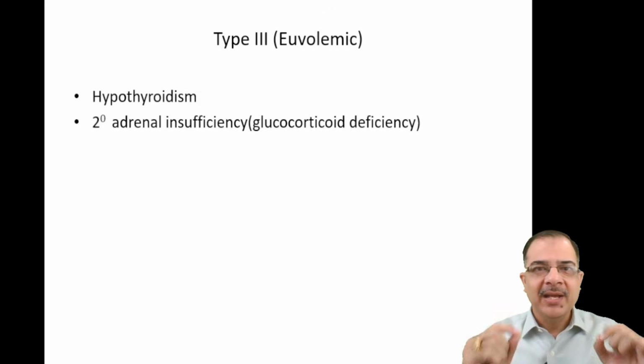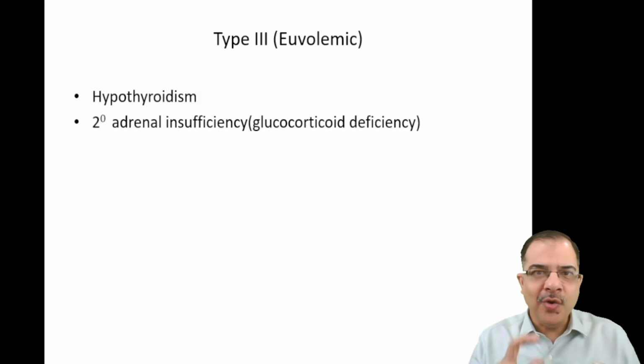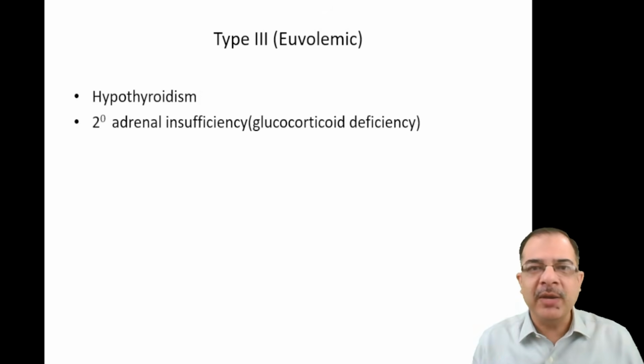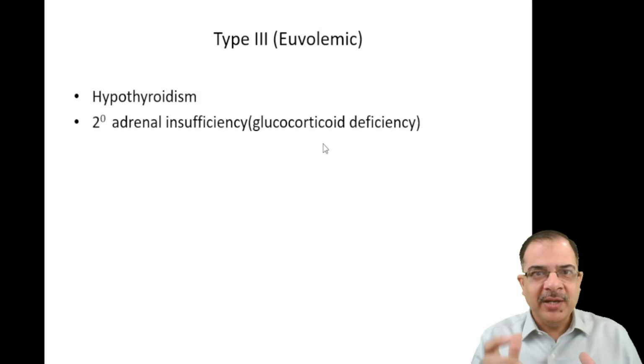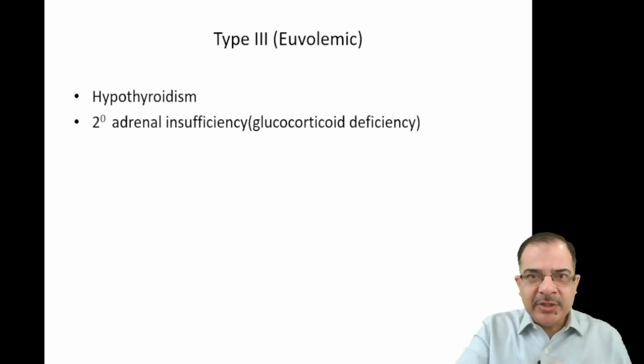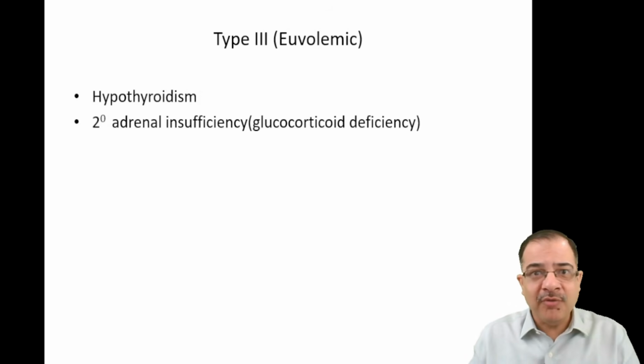The reason is glucocorticoid normally inhibit ADH hormone. ADH, all of you know, is antidiuretic hormone. So what will happen if a glucocorticoid deficiency occurs? ADH will not be inhibited, so the level will be more. So what is the function of ADH? ADH is antidiuretic hormone. It will absorb water from the kidney and will make a little bit of dilutional hyponatremia. So this behaves just like a SIADH, syndrome of inappropriate ADH, in the body, glucocorticoid deficiency.